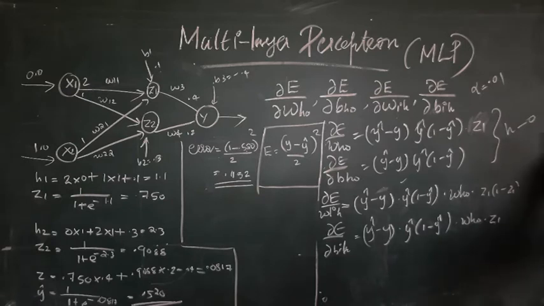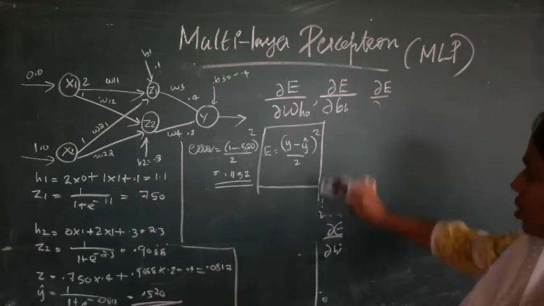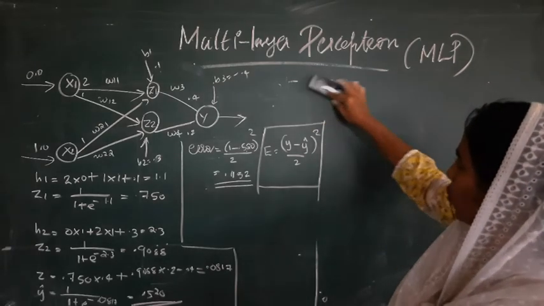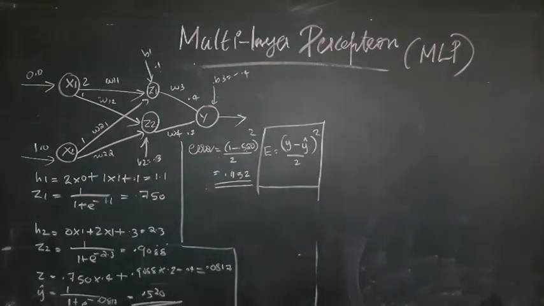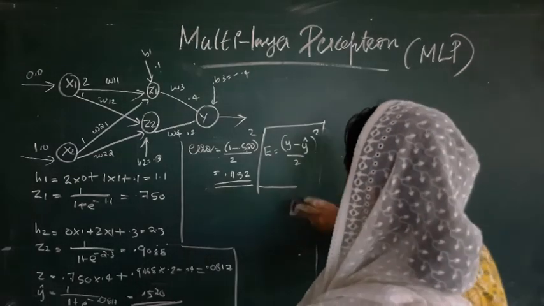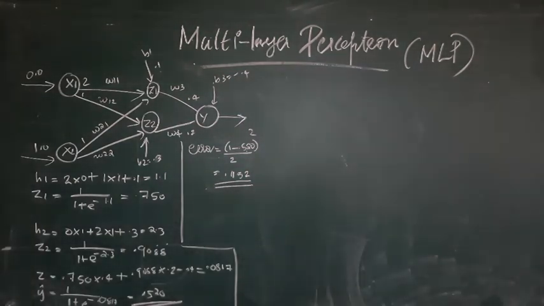Now I will show you how we can change the weights. The weight update equation is also the same: new weight is equal to old weight minus alpha into the derivative of error with respect to weight. I'll take this network as an example and show you how the change in weights is done. This is the equation for error. Error has already been calculated, so this is clear. 0.1152 is the error in the network at the moment.